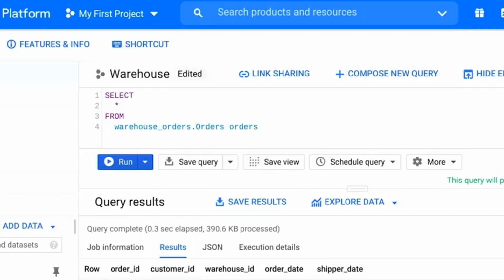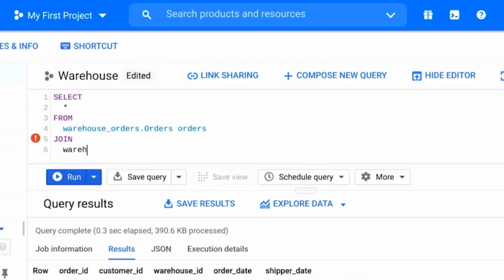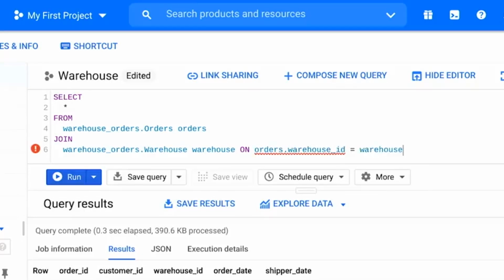Let's say we need both the warehouse details and the order details because we want to report on the distribution of orders by state. So we're going to join these two tables together since we want data from both of them, and alias our warehouse table in the process. In this case, we're using join as shorthand for inner join because we want corresponding data from both tables.